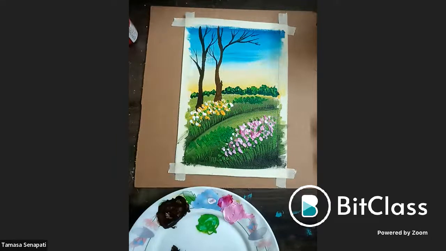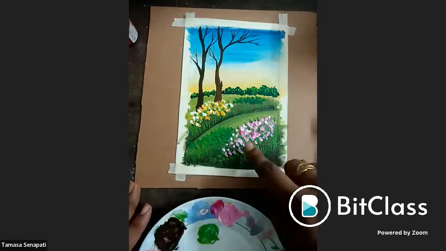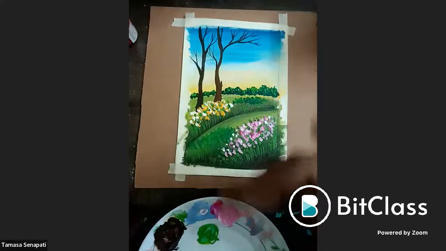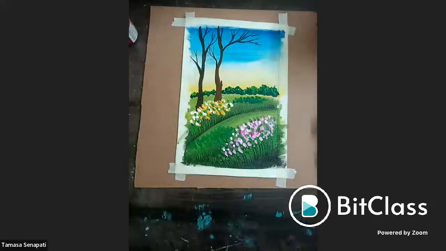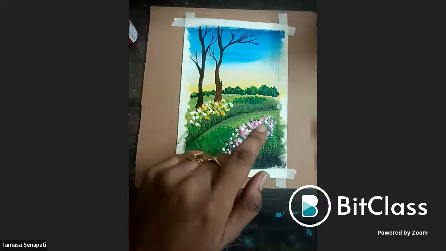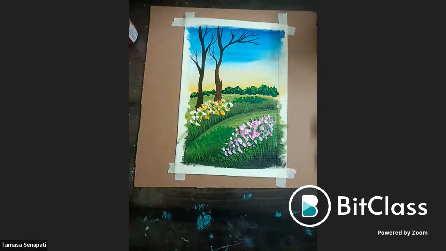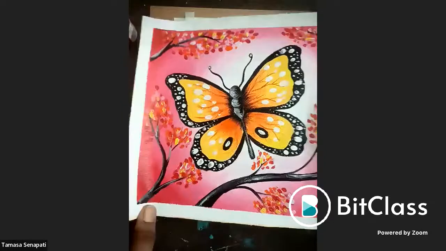Lots of techniques, and even in today's session you came to know two different types of blending, how to create the flower things and how to create the bushes type of things, the dry branch. So these are some techniques we are going to learn. If you know how to create this type of flowers and this type of tree, you can use those things in your future painting also. Okay. Like this type of tabbing technique I use here, or this type I use here also. You can see this one. I use this type of thing here also. So you can use